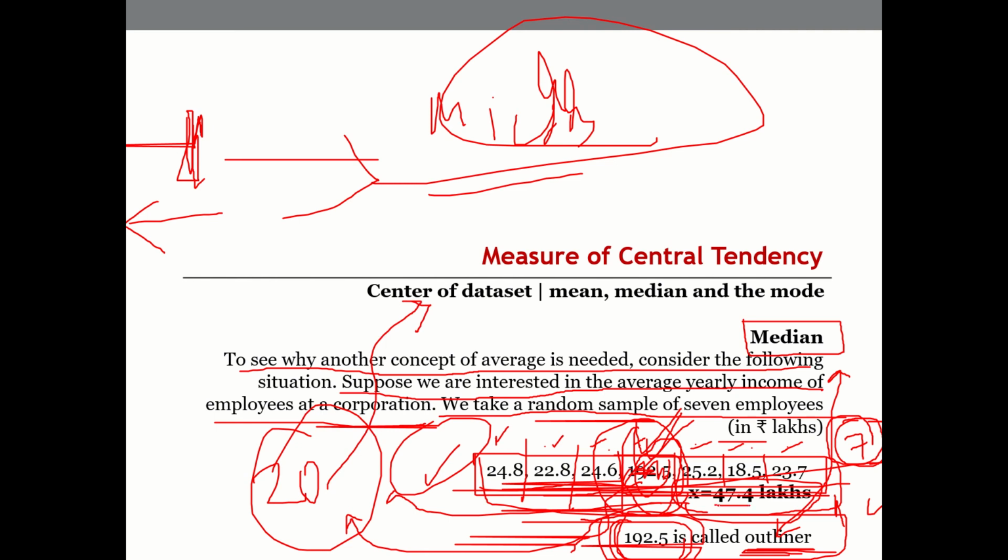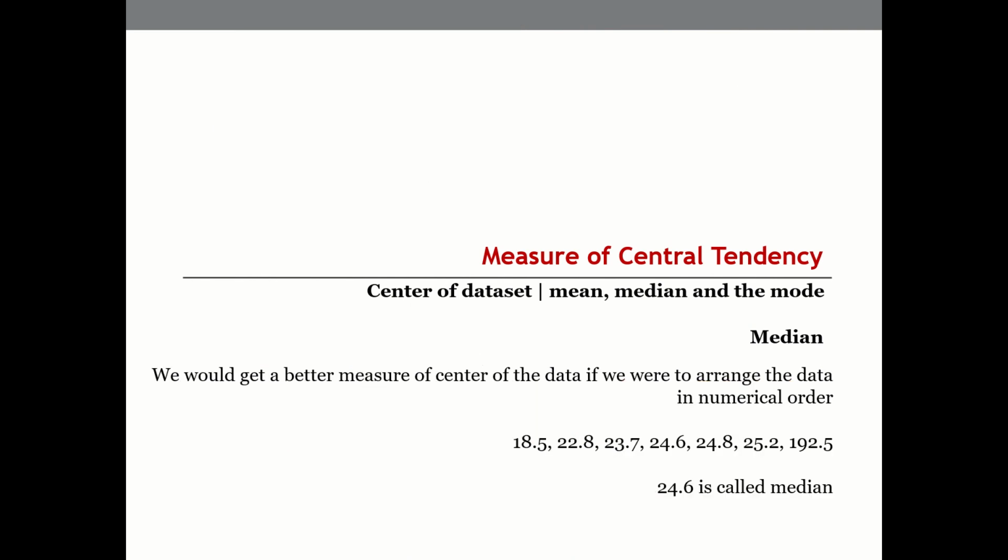In fact, if you see the data set, nobody is getting 47 lakhs per annum. We are talking income. But the result says average income of all the faculty, all the employees is 47 lakhs. That may not be a correct picture. So that's why in some cases we require median to know what is the middle number that we have in hand.